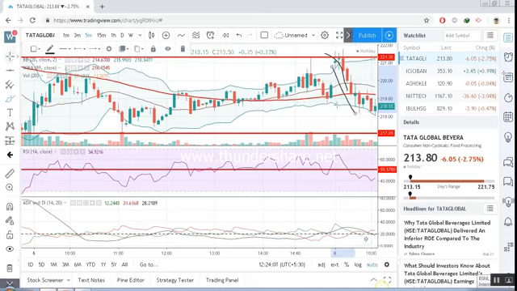But the thing that you have to realize is it is touching the lower Bollinger Band. What it means? It means again I will not go for short here. Why? Because if it is touching the lower Bollinger Band and it is an oversold area, why should I again sell it? Right? So what I do? I wait for a pullback. So what is pullback? When the price is going down and because of a certain condition, I will not go for short. What is the condition? It is touching that lower Bollinger Band. So I wait for a pullback. What is pullback? The price is retracing again, and again in WMA it is taking a